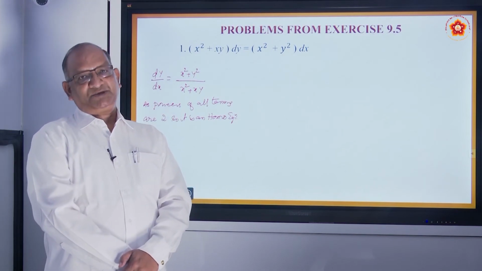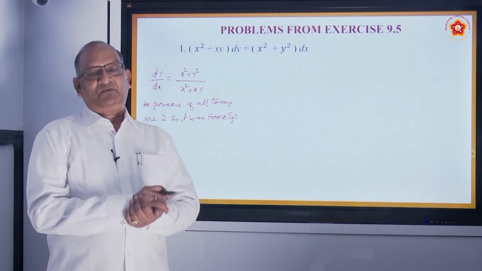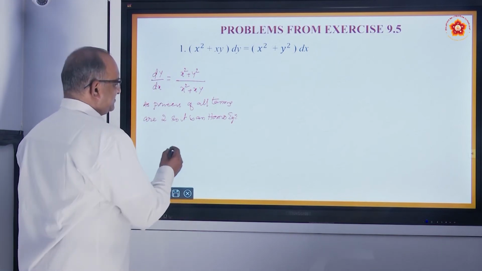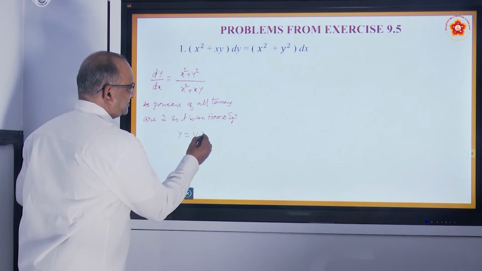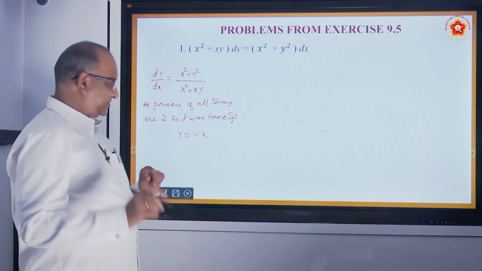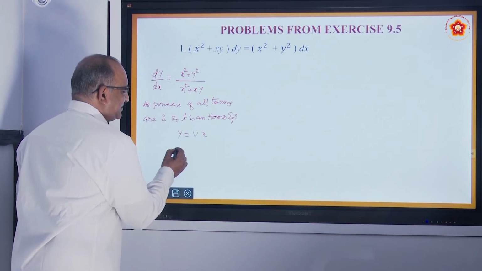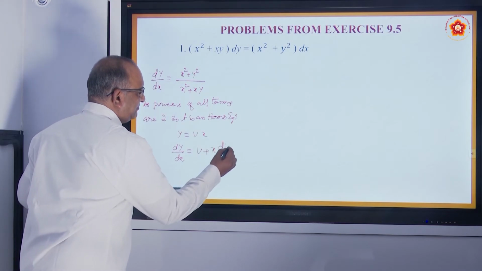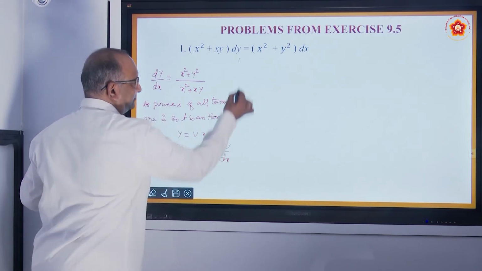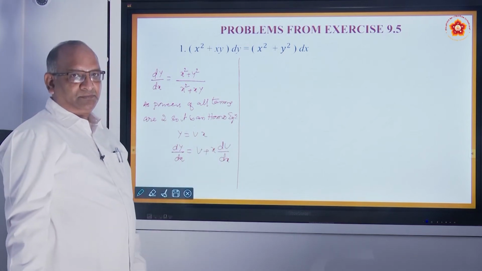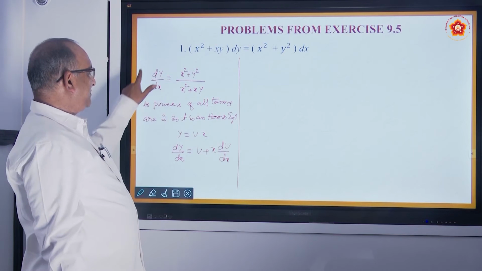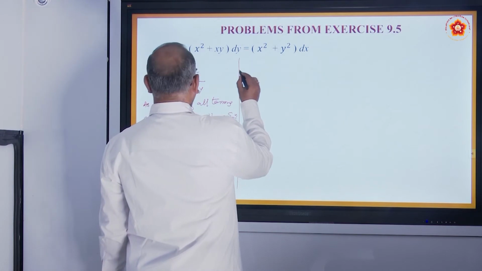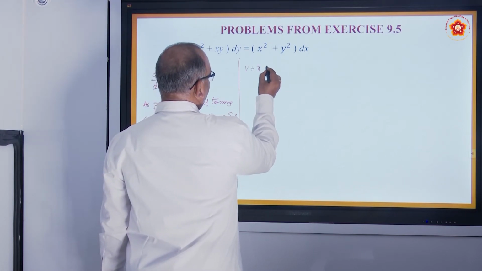Once we are sure it is a homogeneous equation, we have a standard method. What is the standard method? Make the substitution. What is the substitution we need to make? We make the substitution y equal to vx. Differentiate both sides. Remember, this part is going to be the same for every problem. dy by dx is equal to v plus x dv by dx. Make this substitution in this particular expression. Instead of dy by dx, we can now write v plus x dv by dx